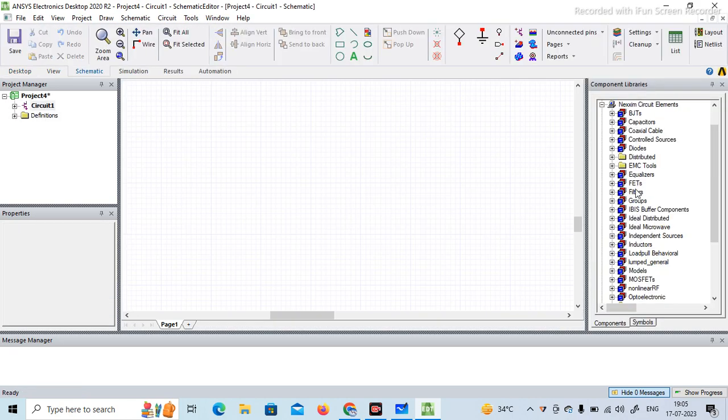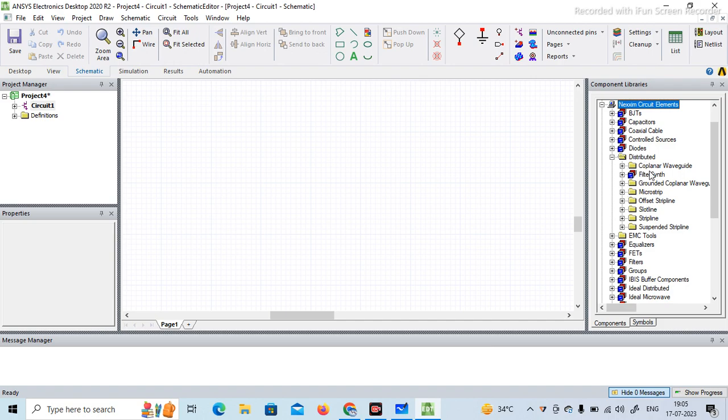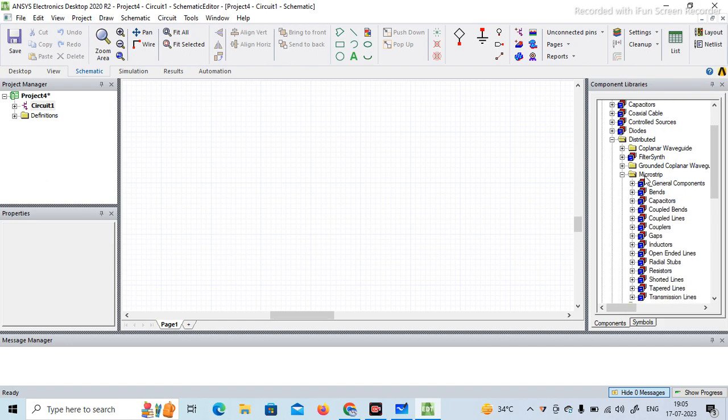This window will pop up where we will be having the library. Next we have to go to the option distributed elements, and then we click on this plus symbol. This window will open it up further. Then we have to go to the microstrip. Click on this plus symbol on microstrip. Then we have to go to the last option of the microstrip, which is transmission lines. We'll open it up again, and then we have to double click on this